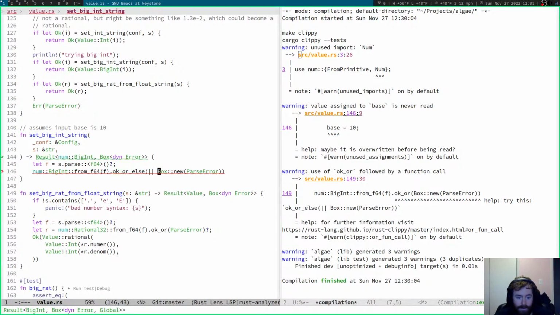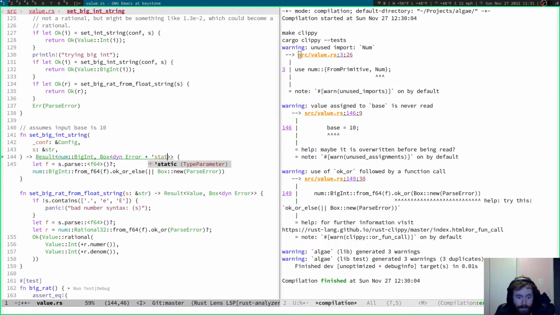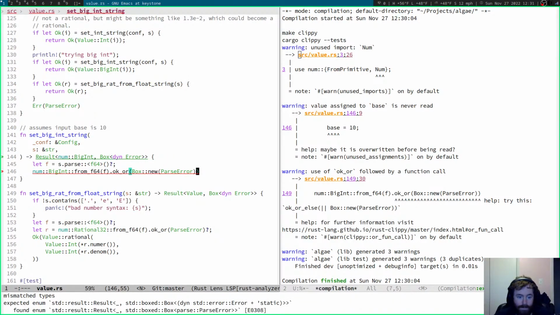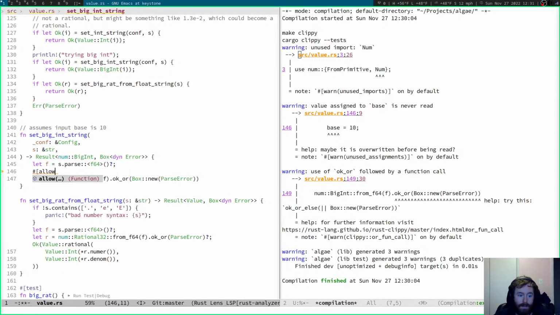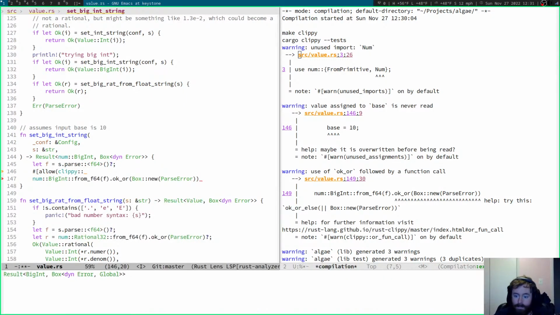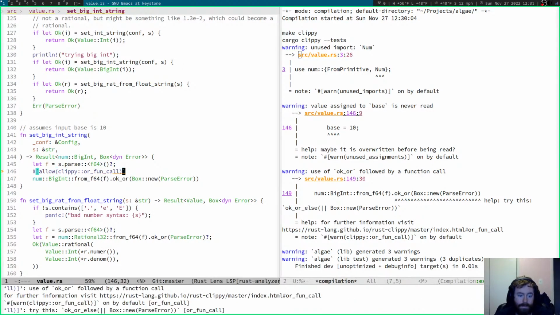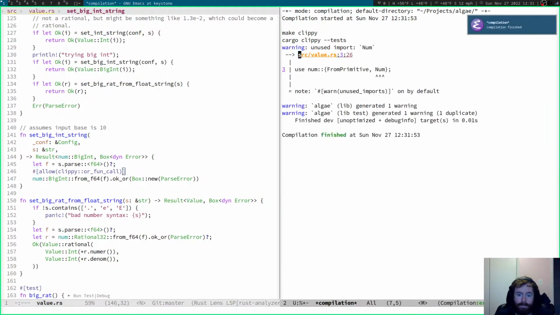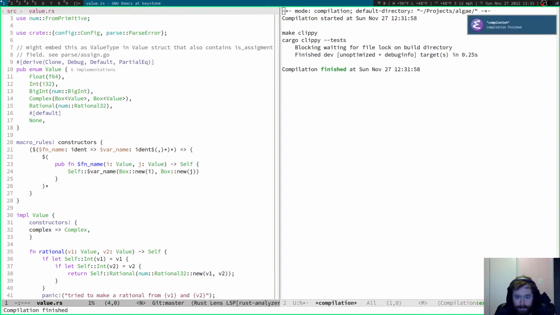For some reason this is not tick static. Okay. Alright. Well, Clippy, allow Clippy, or fun call. Great. But yes, this does not actually fix our issue,